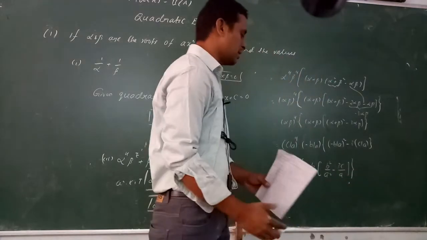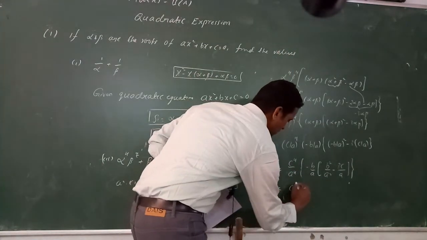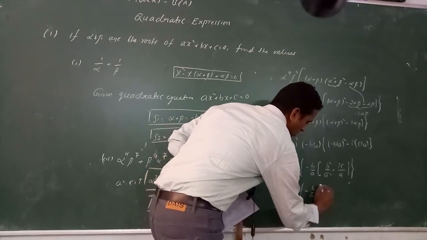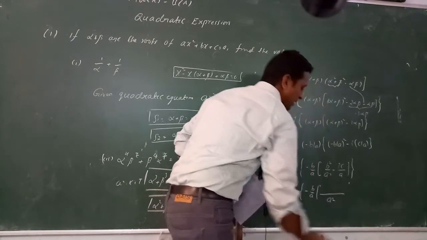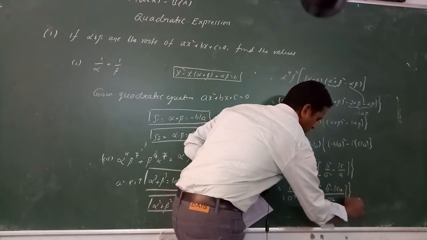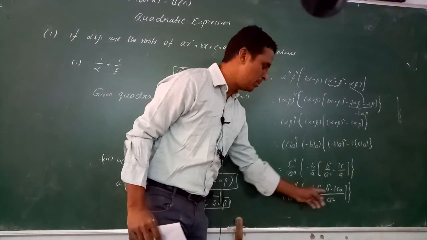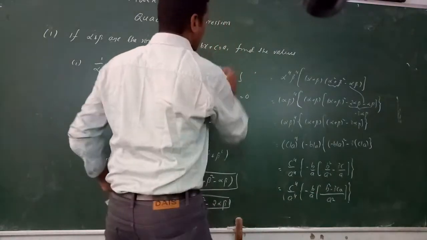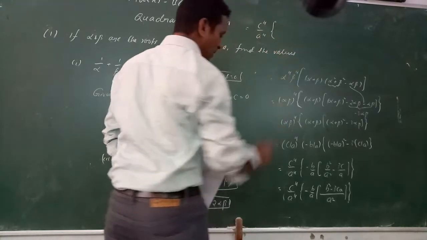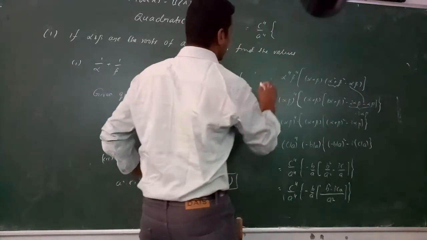So this is a calculation again. Denominator is the LCM. So c power 4 by a power 4 into minus b by a, of LCM a square, into b square minus 3ca. Then minus applying here, and b by a multiplication. So the final result is c power 4 by a power 4 of minus b, applying here.